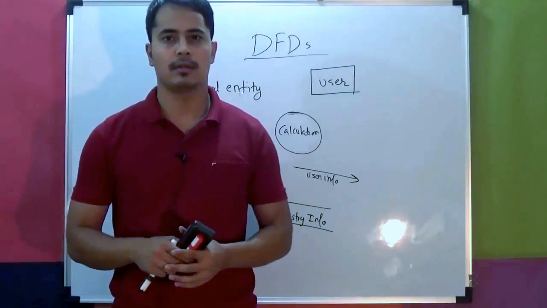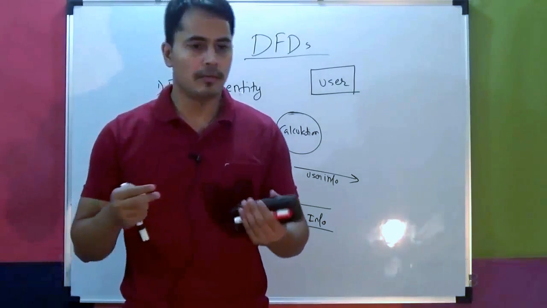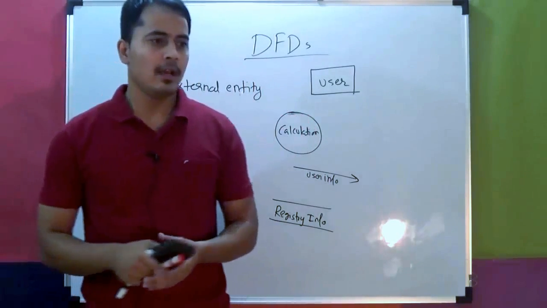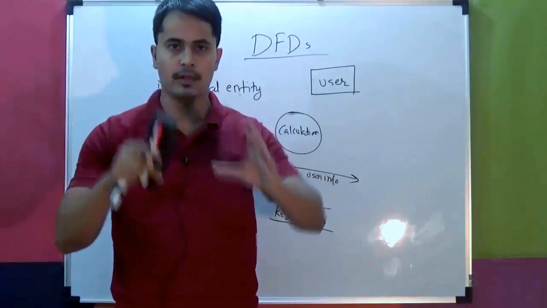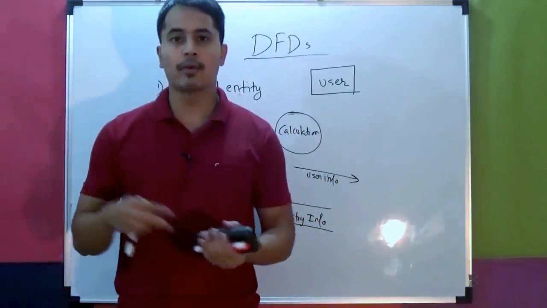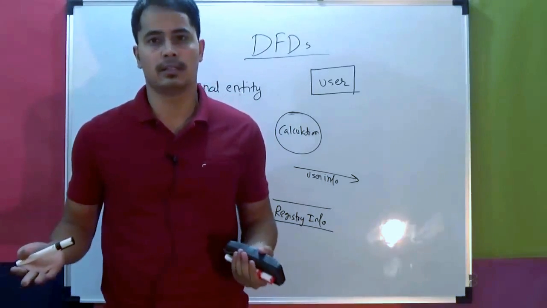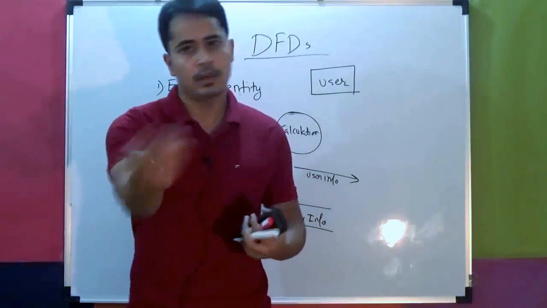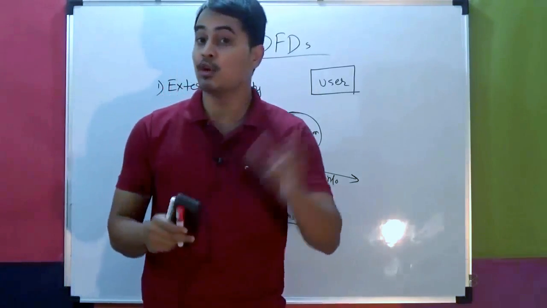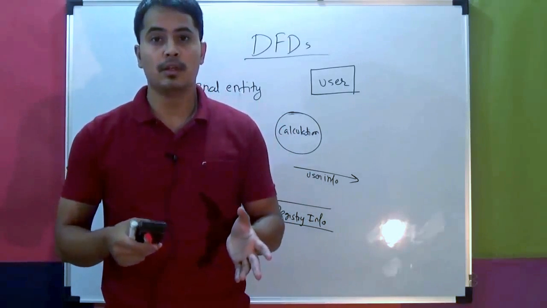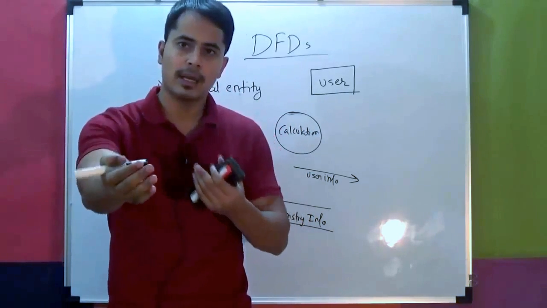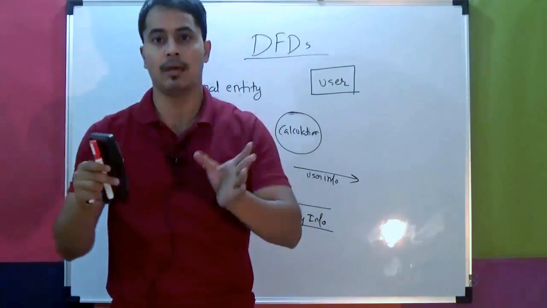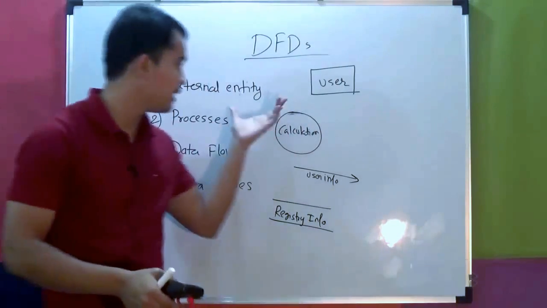Now, what do you mean by persons? I mean the admin, the users. Yeah, both basically. If we consider Facebook as the system for drawing the DFD, then we could say the users are external entities because they are going to provide data, they are going to consume data. Yet they are not part of the system. Users are nowhere when you build the software. They are only going to give you data and take data. So they are external to the system, but they are there. So they are external entities.